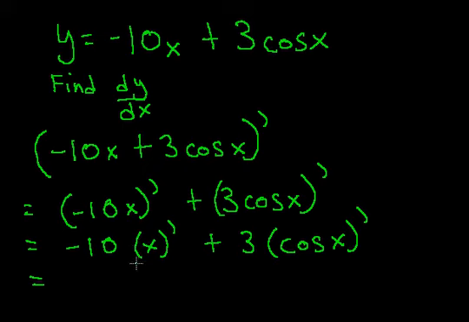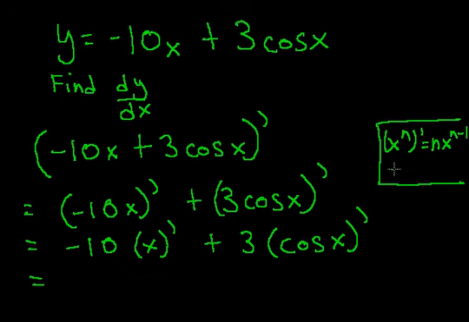So, what's x prime? x prime is just 1, and I know that because I remember the power rule that says x to the n prime equals n x to the n minus 1, and x itself is just x to the 1, so that equals 1 times x to the 0, and anything to the 0 is 1, and 1 times 1 is just 1, so x prime is just 1, so that becomes negative 10,